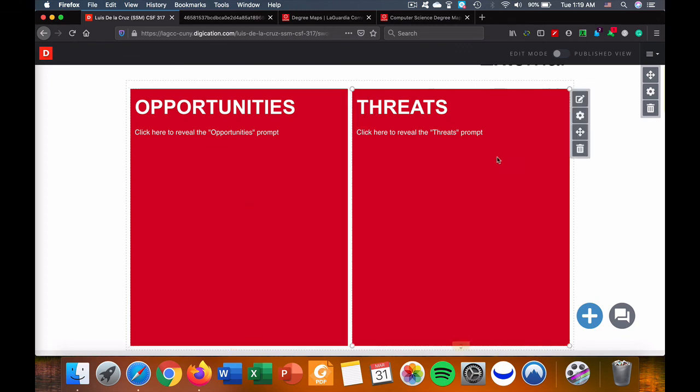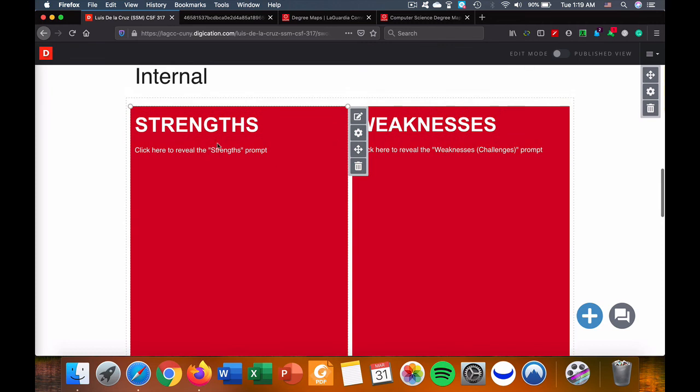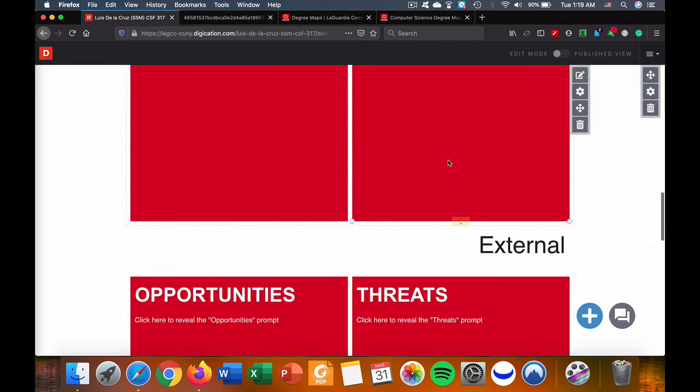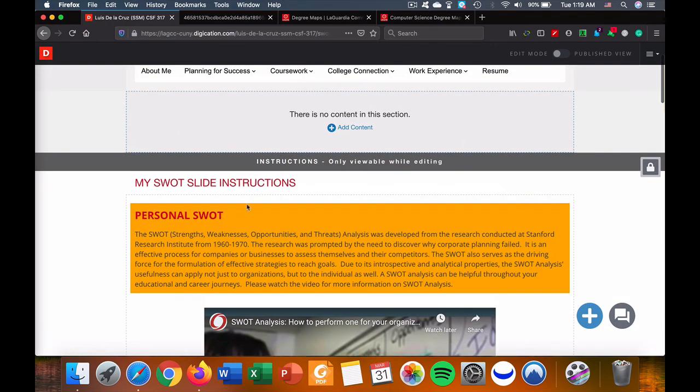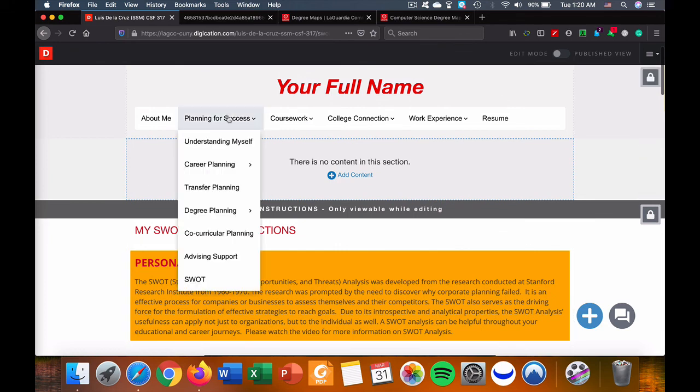Another one can be, as I mentioned in the threats, because it can be used in both ways, a scholarship. And a scholarship is a positive external factor because you are getting money from another organization and it is helping you to complete your major faster and without debt. Okay, without debt. So those are examples for opportunities and threats, and you already know how to do strengths and weaknesses. So you will have to write sentences. Okay, sentences. After you complete this part, you will be done with the third assignment. The first part was the degree planning, and the second part was the SWOT. Okay,